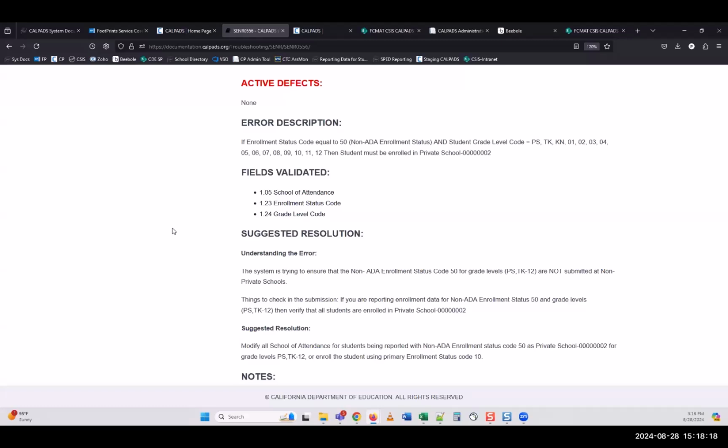Okay, Q1 from Rebecca. When do we wait to request the SSID extract again if it was done this afternoon just before 1 p.m.? Wait till you get the email from the CDE. I haven't gotten confirmation yet from the dev team that the patch has completed. The other thing to comment on is half the state's going to be requesting SSID extracts after that email goes out. So there might still be a little bit of a lag this afternoon, but we'll keep an eye on it and make sure they're actually completing.